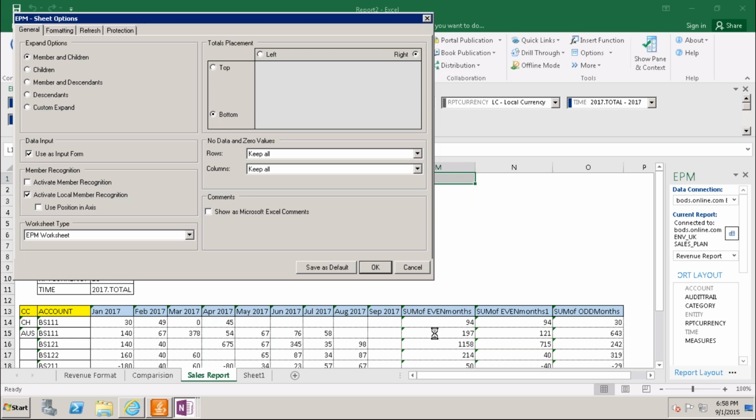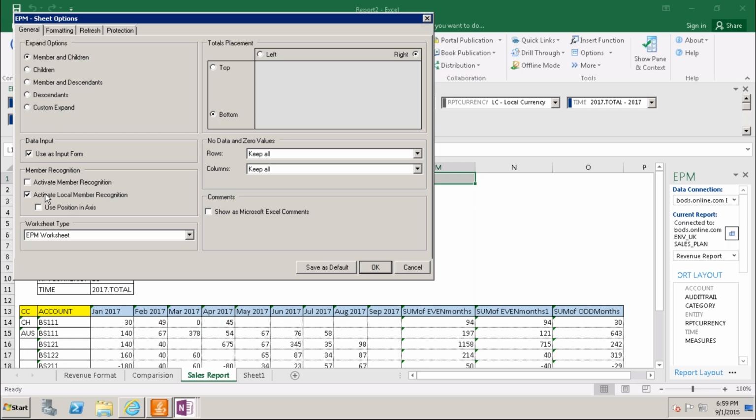When I create a local member formula as per our requirement, I need to check this checkbox so that the system automatically identifies the formula, and based on that Excel formula it will convert it into your EPM formula, to work here as an EPM function.